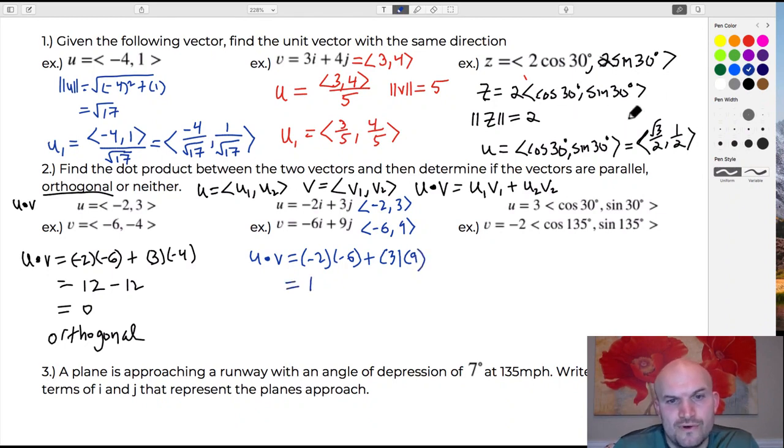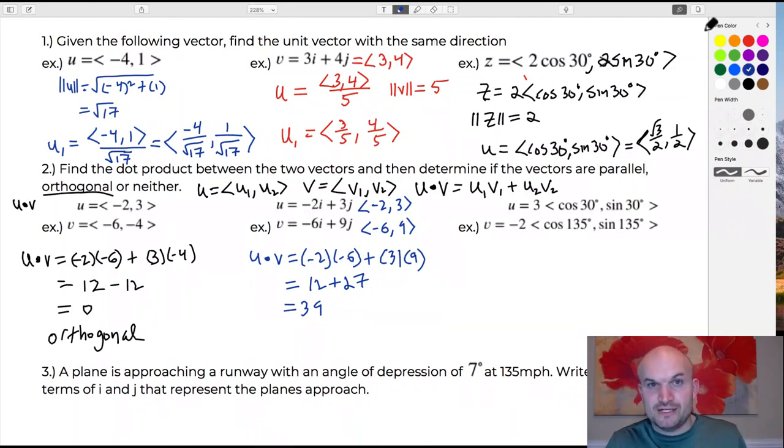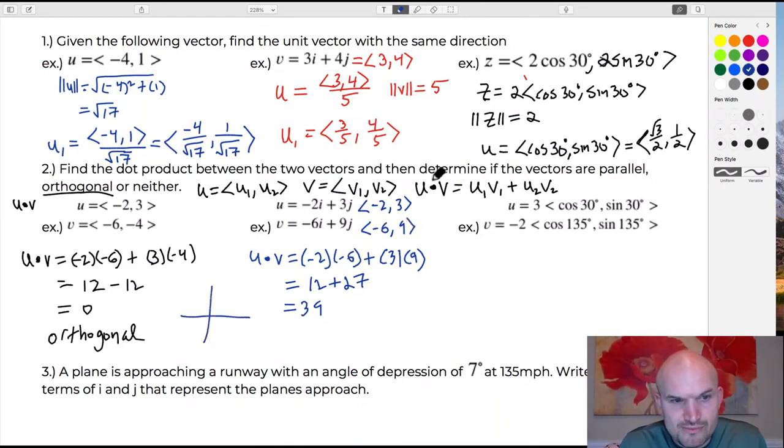All right, so therefore that gives us 12. 3 times 9 is 27. So that's going to give us 39. So obviously it's not equal to 0, so they're not orthogonal. The next thing we want to do is check to see if their slopes are the same. So you could graph both of them, but just remember if you have a vector -2 up 3,